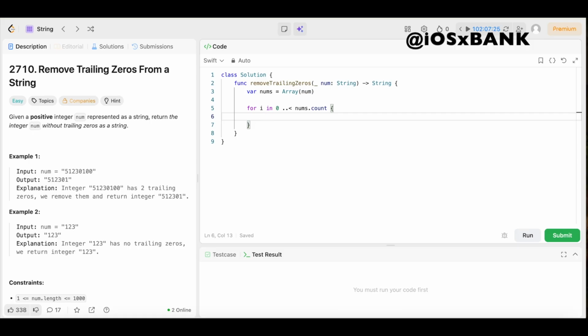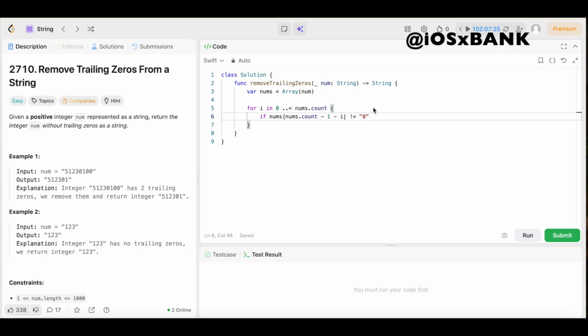So we're going to say if nums[nums.count - 1 - i] does not equal the string "0",